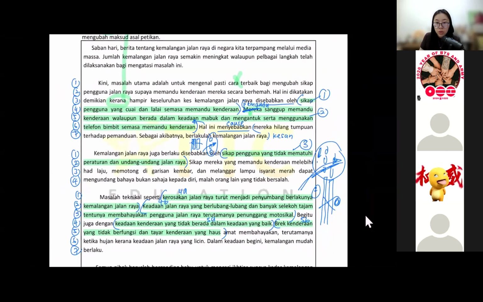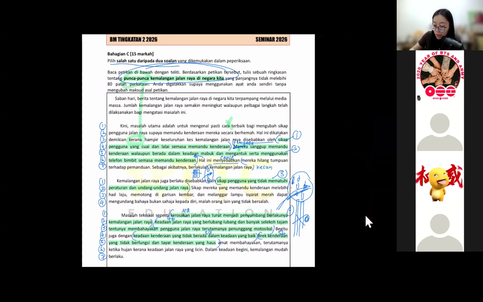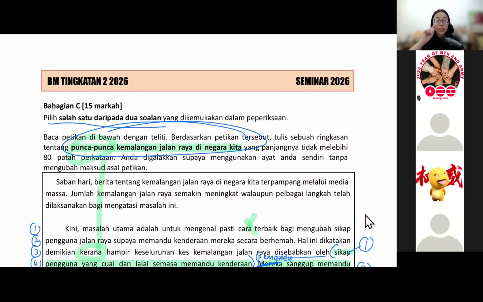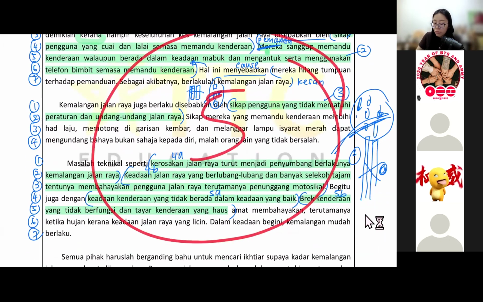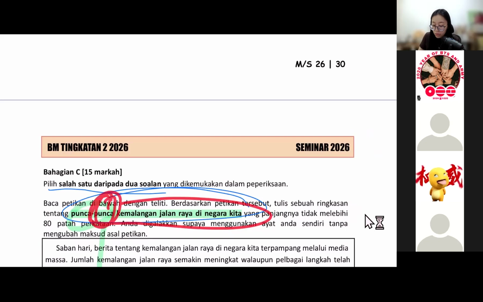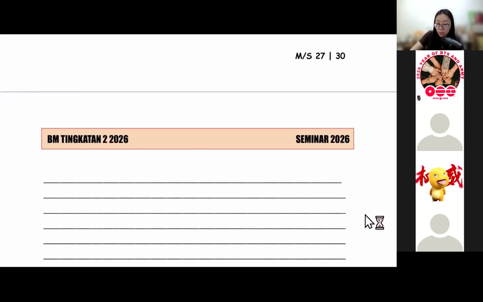Okay, now we go for questions. So direct copy here. Now, but you need to be very alert. Nowadays, the questions are very tricky. They just give you one punca, not two punca. A lot of questions come out like this, because they want you to direct copy the whole sentence, which is like the starting one punca until here. But here, you see, got like 5 points here. So you cannot put one punca only. You need to put two punca because you are finding more than one punca. So now a lot of questions are very tricky. They just put one punca for you. If you just put one punca, then deduct marks lah. So direct copy down. Punca-punca